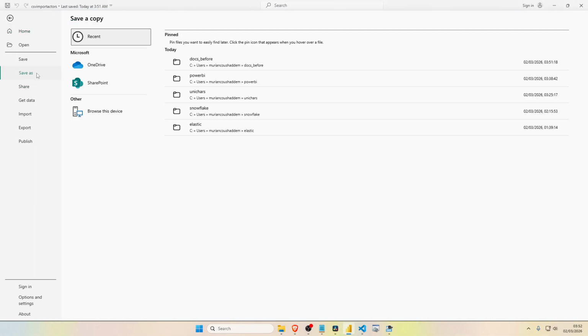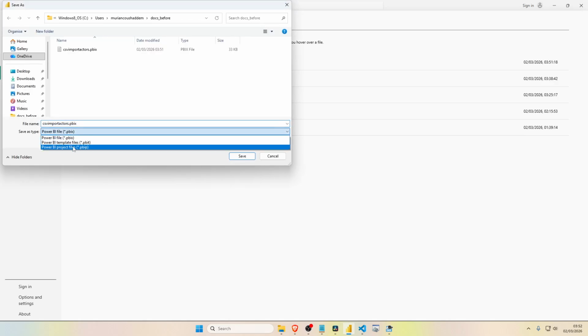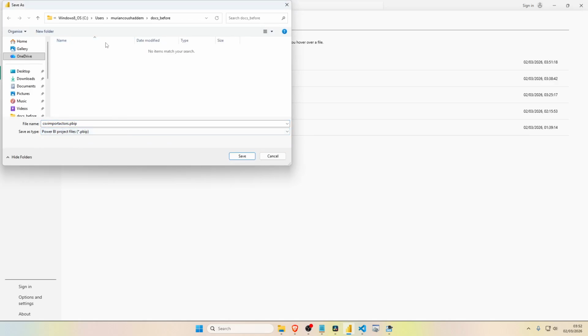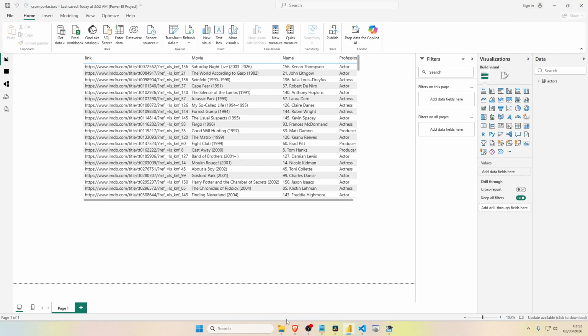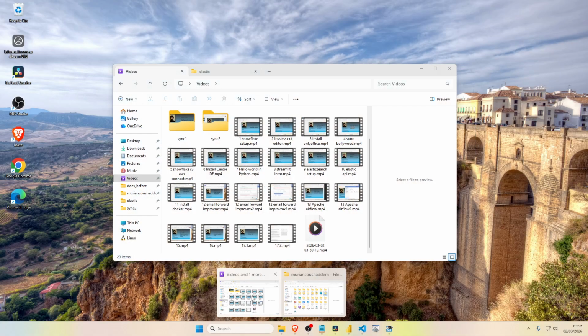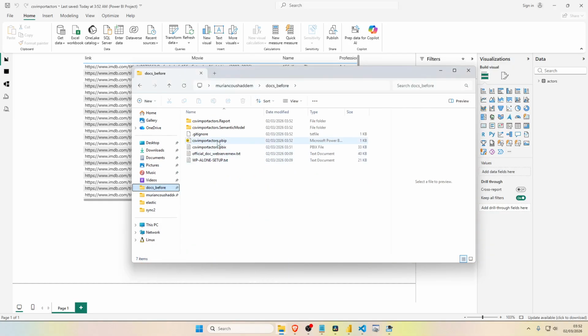If I save as the Power BI project file, you will see it creates three different files, which is maybe not so nice for some people. So let's take a look. It has created those three files and also a .gitignore, by the way, because the gitignore is important